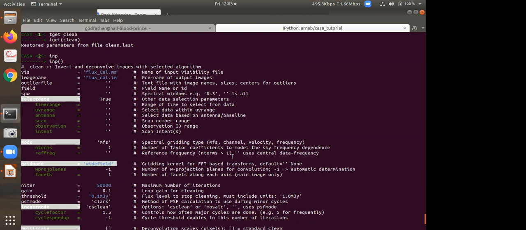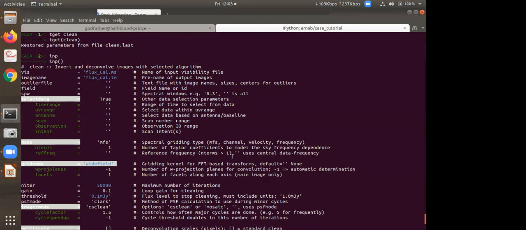Now Poonam and Proshun briefly talked about it. Poonam in detail talked about the theory behind the clean and imaging, and Proshun also briefly talked about that, and also about self calibration. So today's plan is I will show you how to image and what the effects of a good UV coverage are in the image plane. Also a little bit about self calibration and direction dependent calibration.